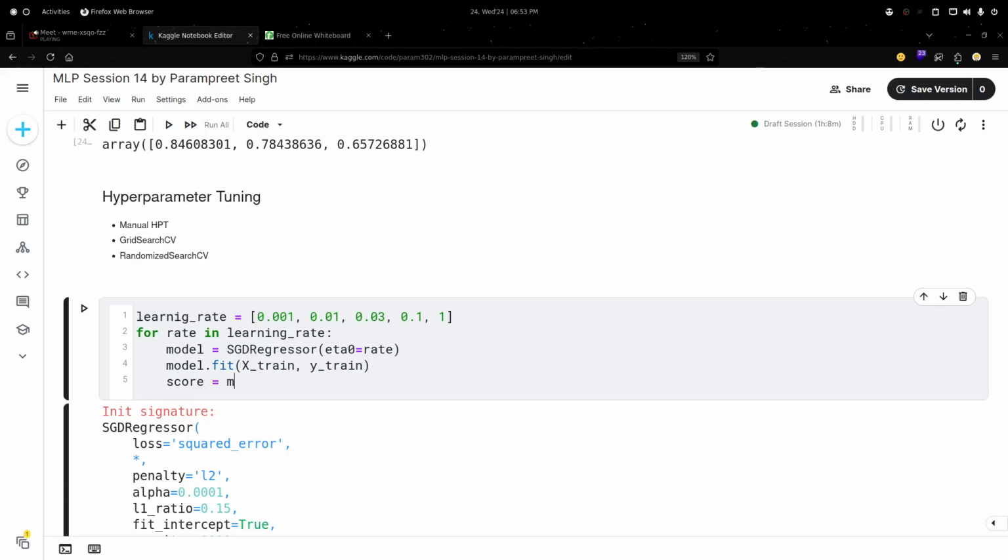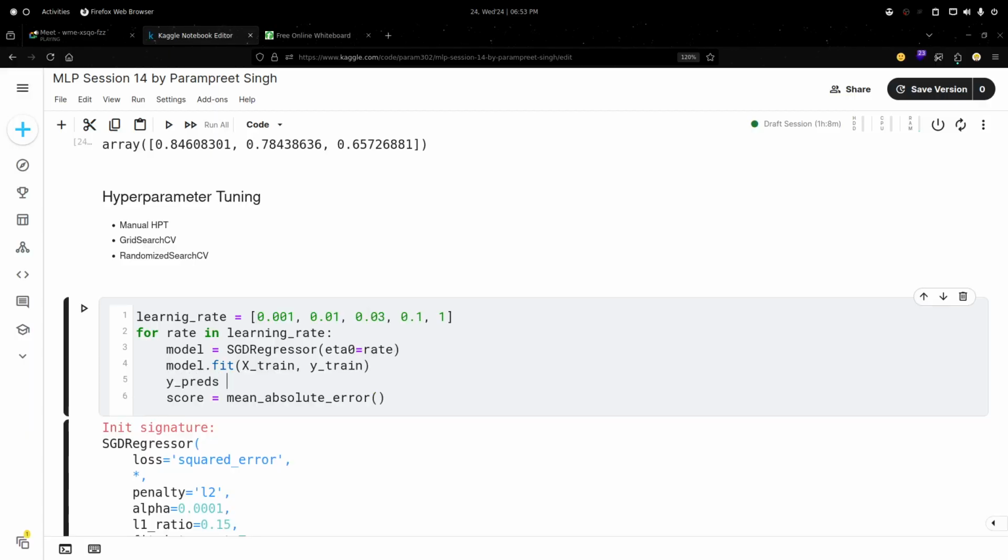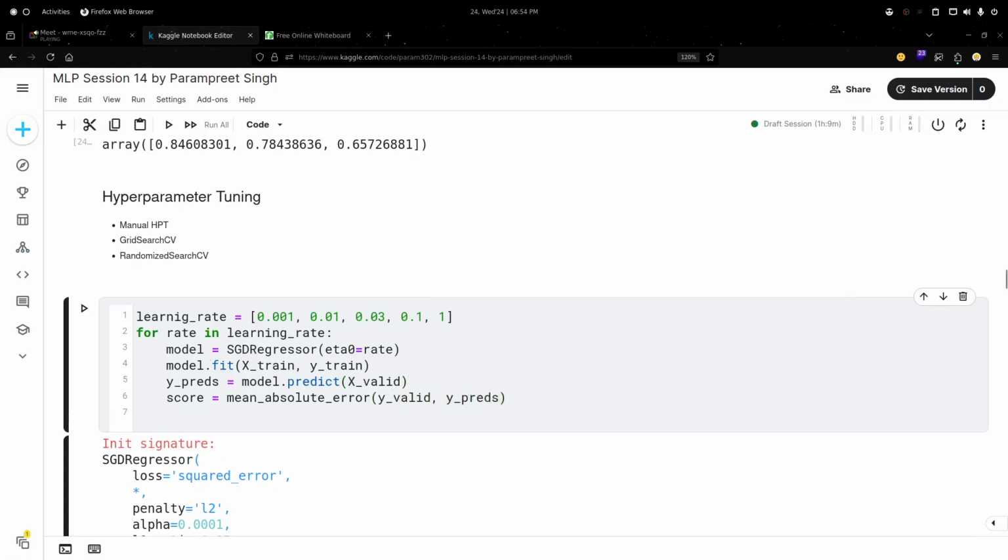So let's say we will compute mean absolute error. Okay, let me do the predictions as well. Y predictions, which is model dot predict x valid, and here I will pass y valid and y preds. Then I will get the score as well. Now what I will do is simply print it,